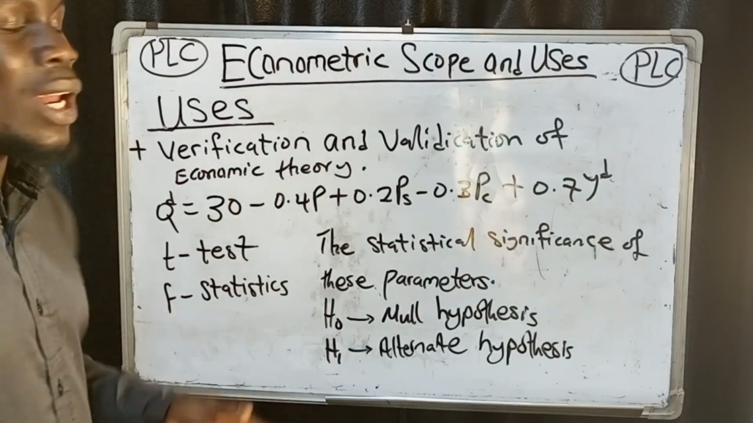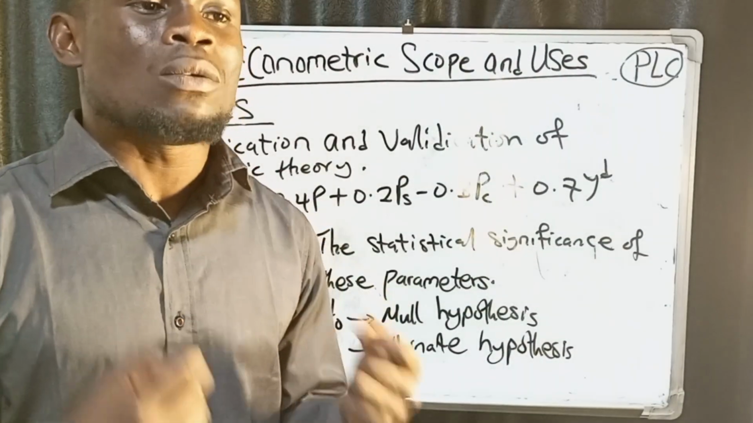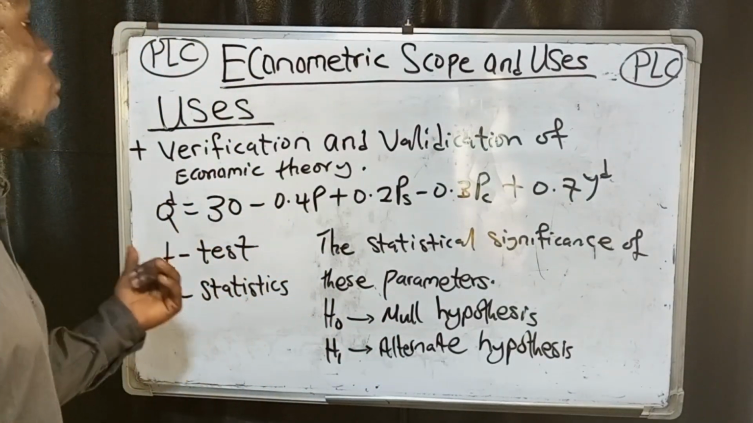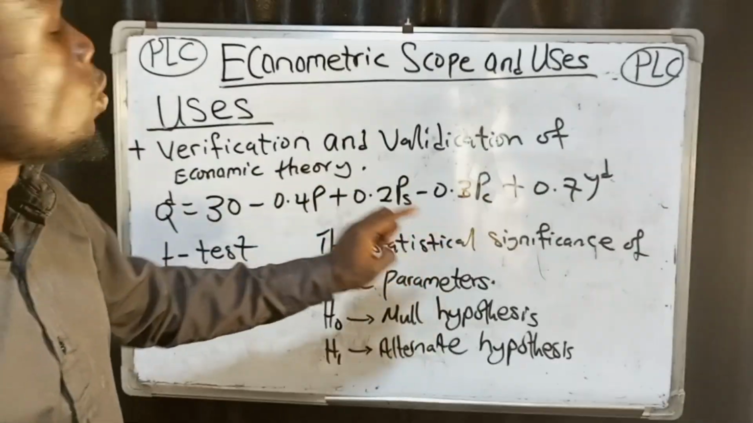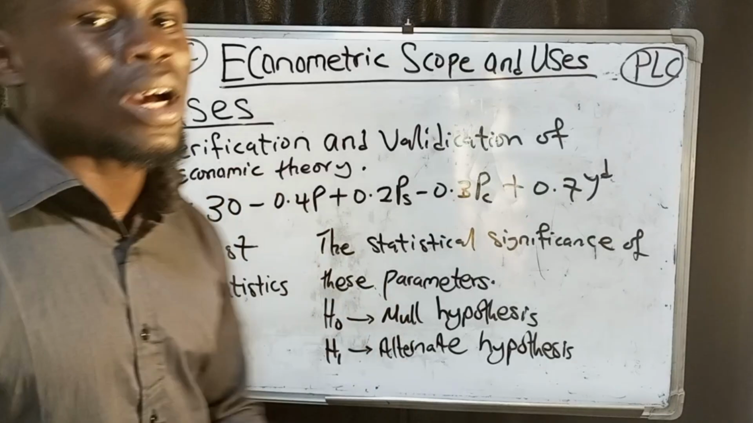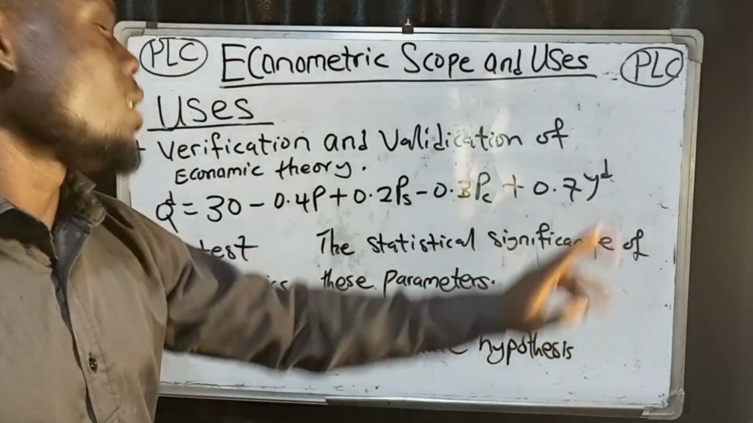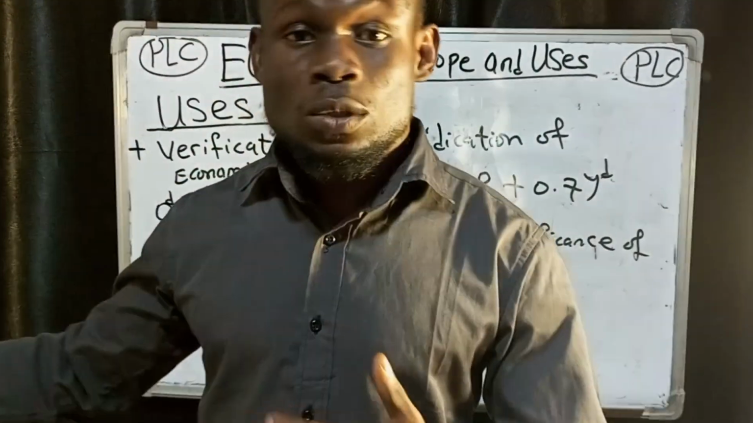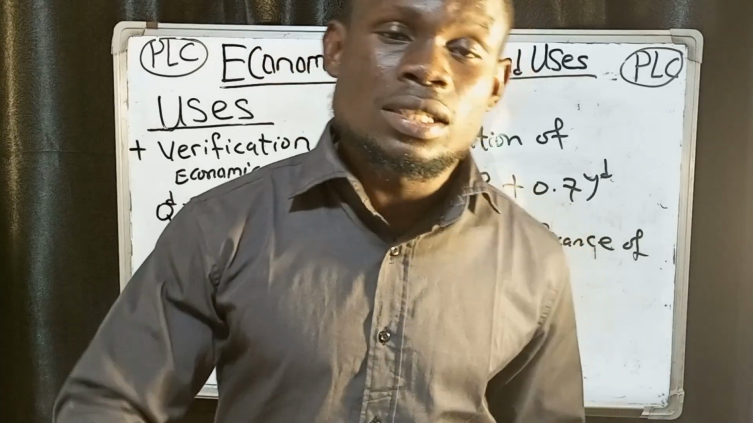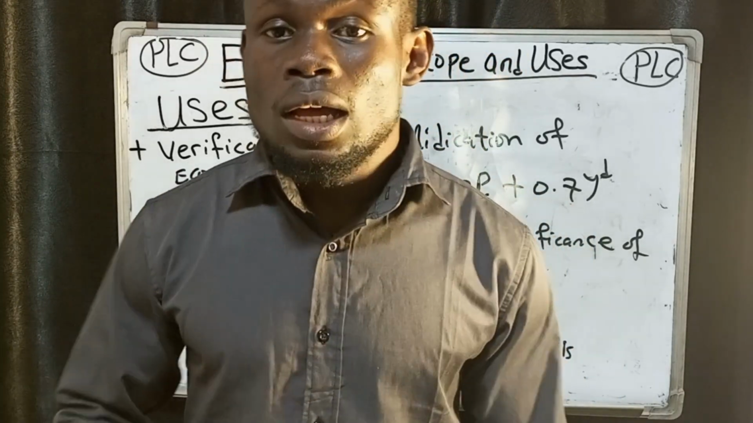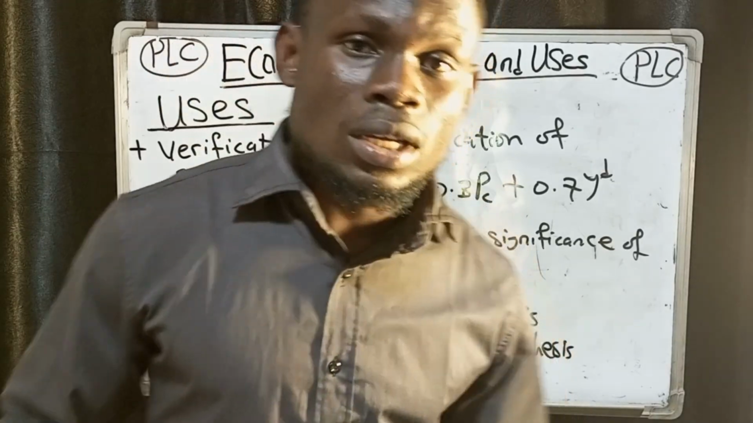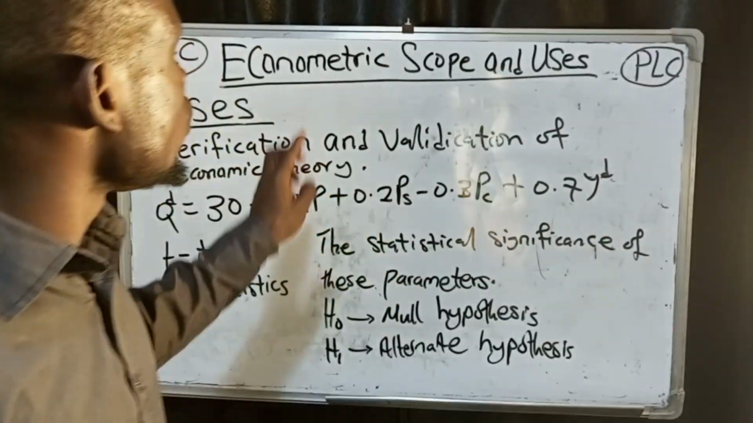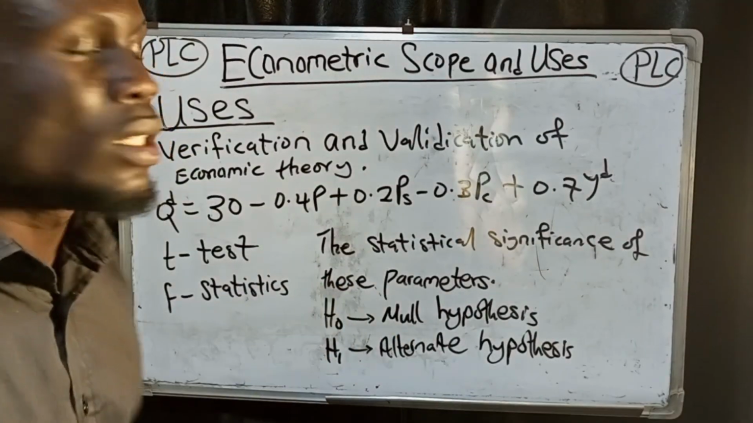Like, if we collect different data, can we say that the price of this commodity will always have a negative influence on the quantity demanded, and that the price of the substitute will always have a positive influence on the quantity demanded? So we have to test for the statistical significance of these parameters. And how do we do that? We use techniques in mathematical statistics, which are techniques of hypothesis testing, like chi-square, ANOVA test, T statistics and F statistics. We use them to check for the statistical significance of these